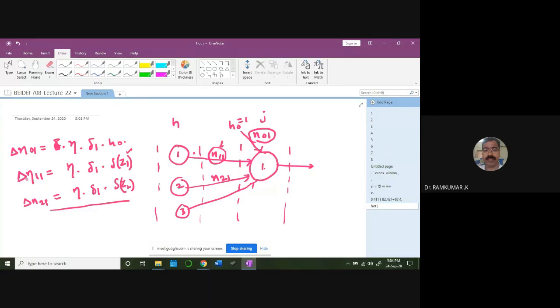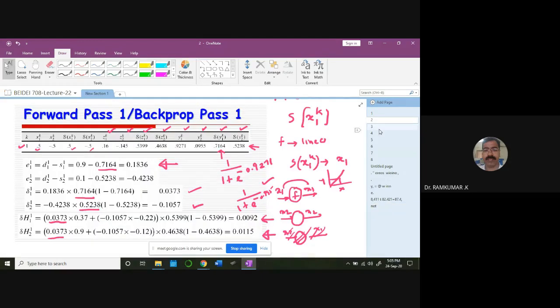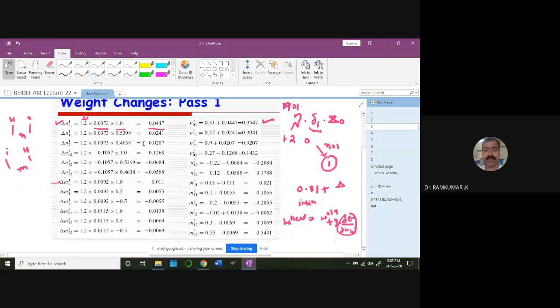Then this is a delta change. The new weight N01 is going to be equal to the old weight minus this value, delta N. Is it clear? So that is the update for this particular weight. For this one also you can update this way. So every weight can be updated accordingly. You can write code for this. See, here it is updated. So the weight is updated.